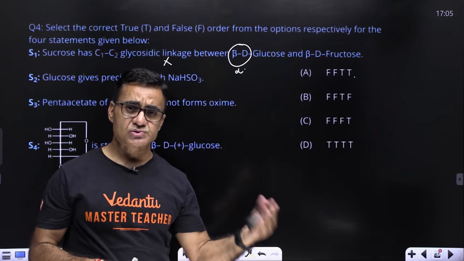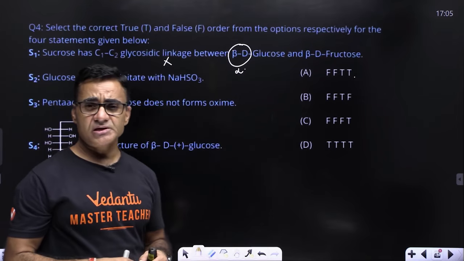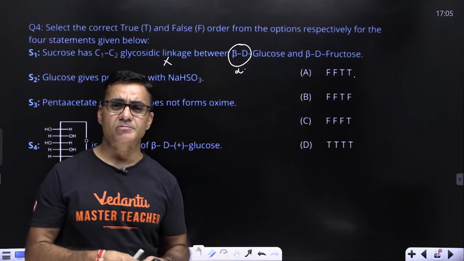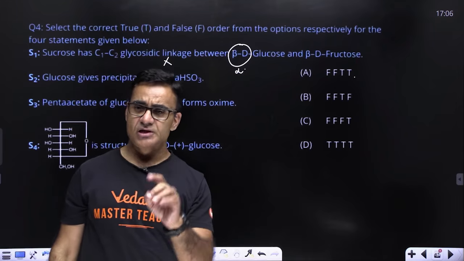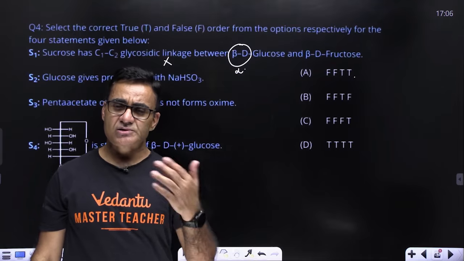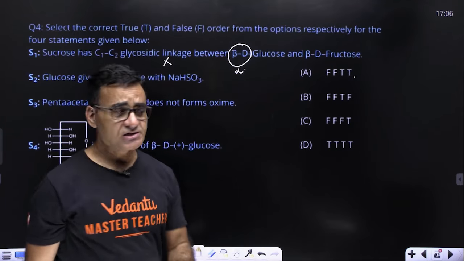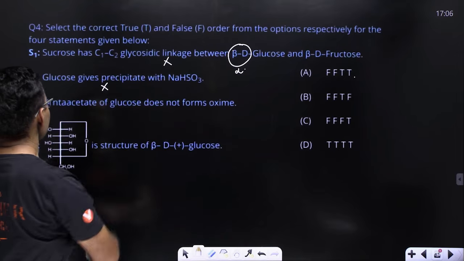आपके ग्लूकोज, फ्रक्टोज, सुक्रोज ये कंपाउंड होते हैं ना, इनके अंदर बेसिकली एसिटल्स, साइक्लिक एसिटल्स, हेमी एसिटल्स इस टाइप की साइक्लिक फॉर्म में मौजूद होते हैं जो एल्डिहाइड कीटोनिक ग्रुप होते हैं। सो जो हेमी एसिटल होते हैं या एसिटल होते हैं ये एक्चुअली सोडियम बाइसल्फाइड का रिएक्शन नहीं देते हैं, तो ये स्टेटमेंट भी हो गया गलत।